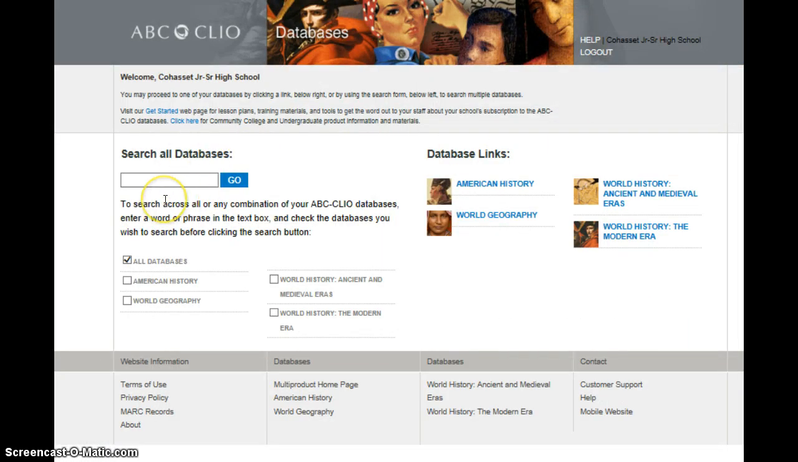So you are then on the main page, and you see there are 4 different options to select from: American history, world geography, world history, the ancient era, and world history, the modern era. For this particular item, I will select American history. For demonstration purposes, I'm going to search for the Great Depression